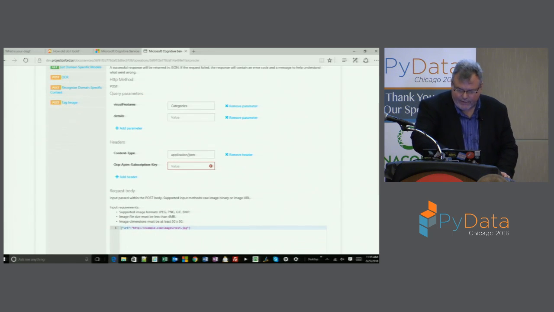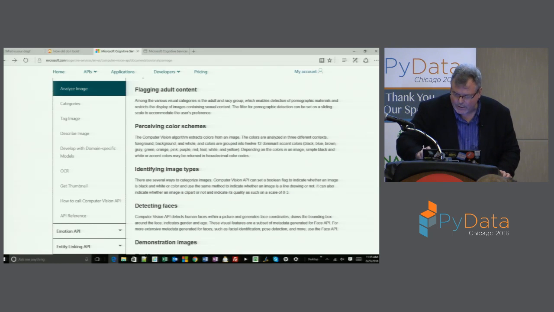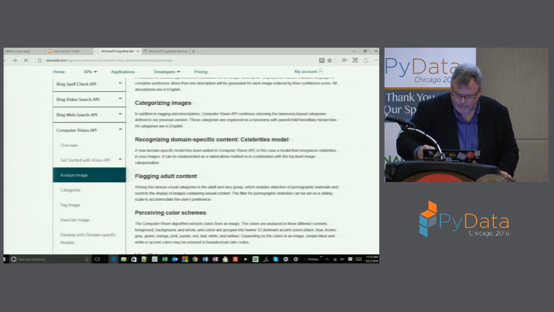In this case, I'll say the features I want. I'll just do the default here. I want to get the categories back. The content type will be JSON. That's how I'm going to send the body. Subscription key. Now I've got to grab that from here, from my account. So my subscription key for the Vision API